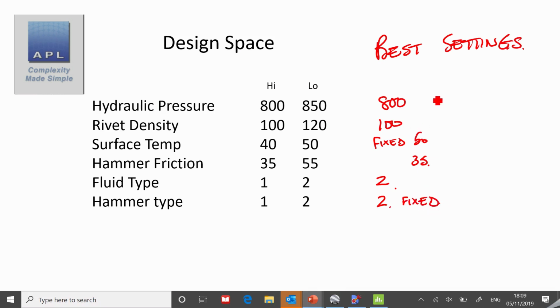So the main settings, 800 and 2 for the mean. The standard deviation is controlled by the rivet density. And you'll notice the rivet density information came from the first DOE, hitting the average came from the second DOE. Now that is how to do screening and modeling